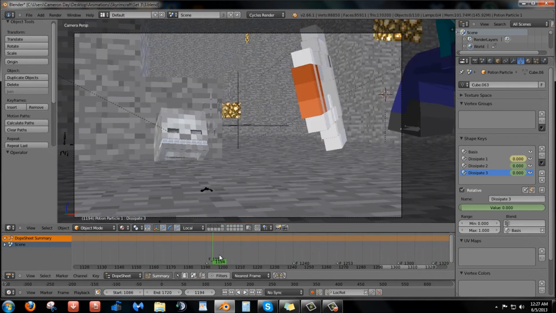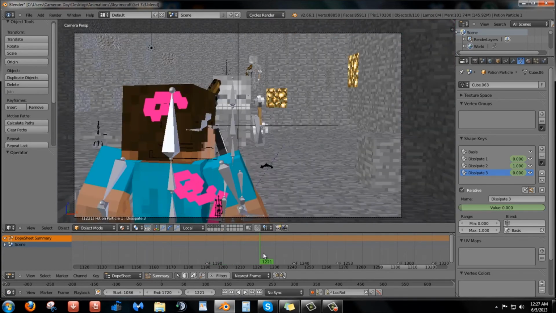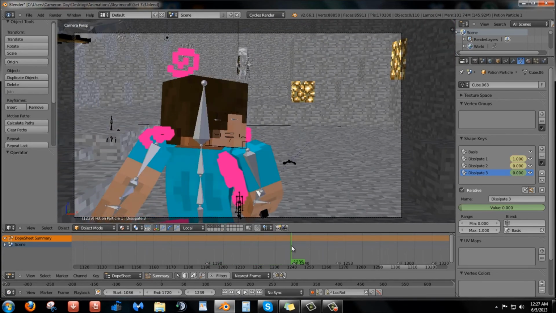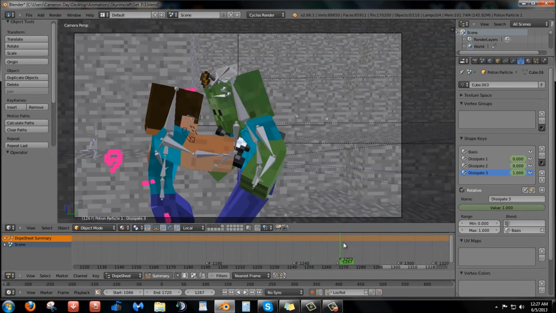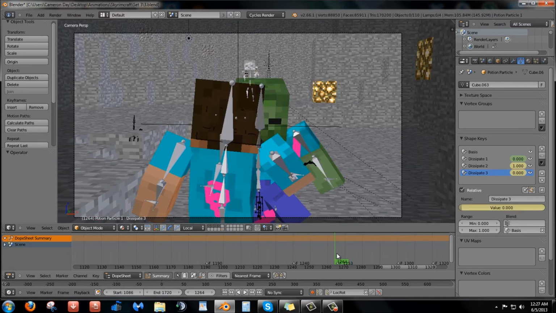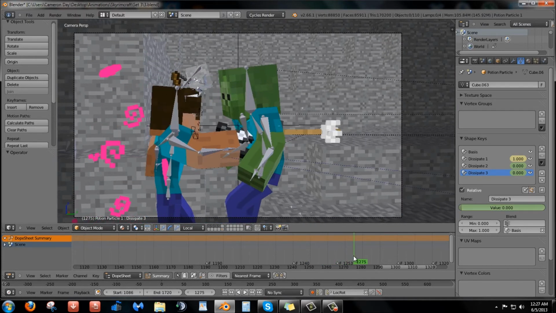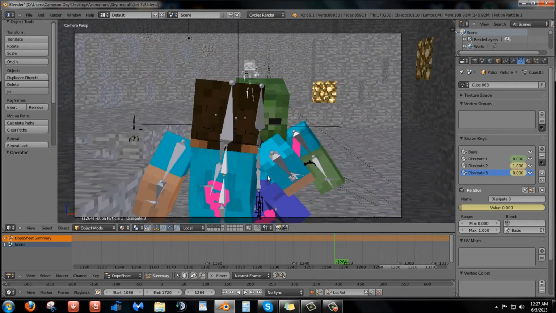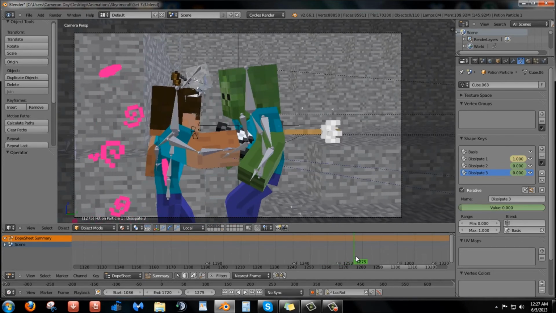And let's move on. What else? Yeah, he hits that and he stabs him, moves him over. I just basically eyeballed that whole stabbing and dragging him across. I didn't do any parenting for that, or when he's being carried along by the sword, I didn't do any parenting for that.